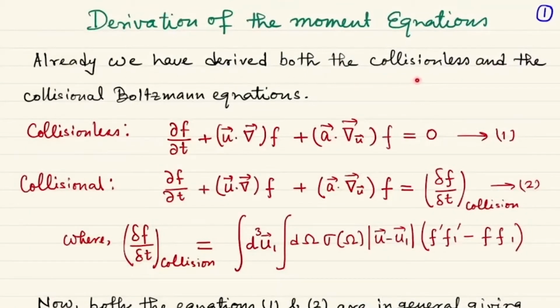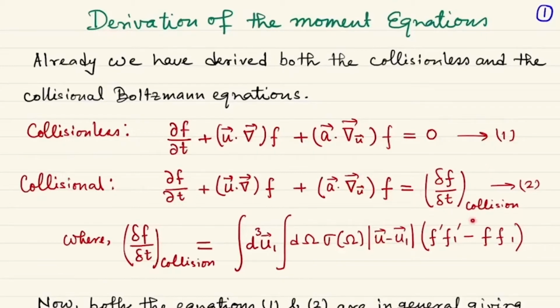As I said, we have already derived the collisionless and the collisional Boltzmann equations, which should look like this. So the collisionless equation is ∂f/∂t + u·∇f + a·∇_u f = 0, where f is the distribution function. And in the case of collisional systems, we have the same thing on the left hand side, but